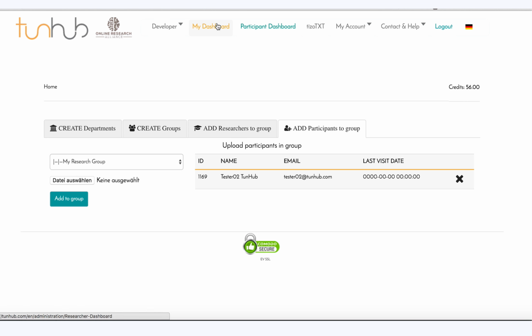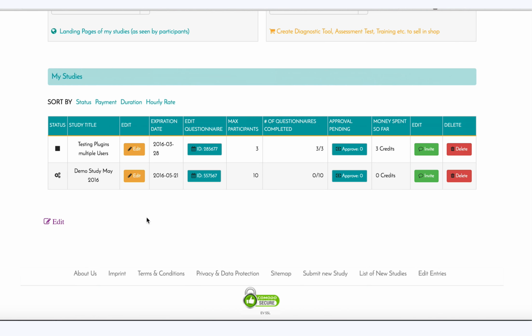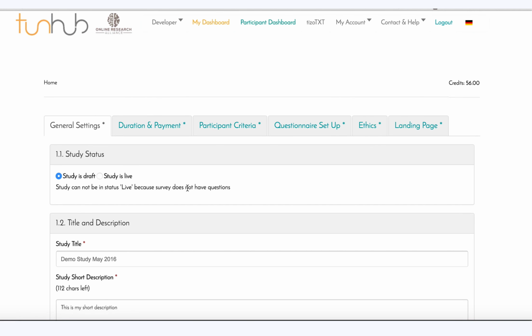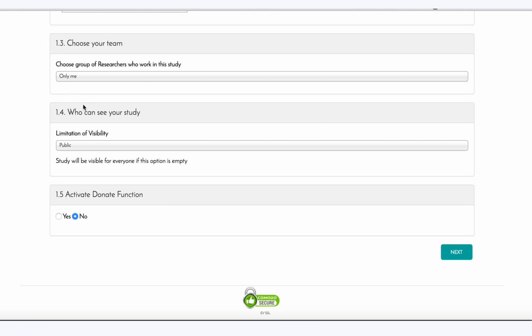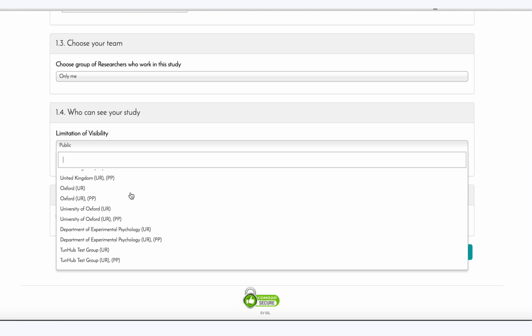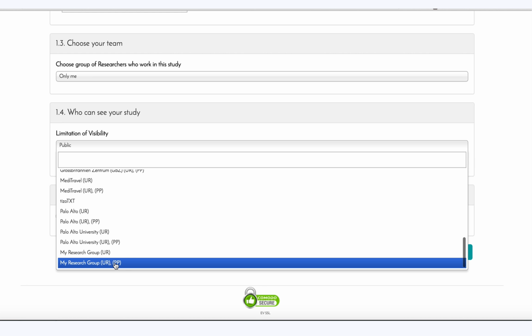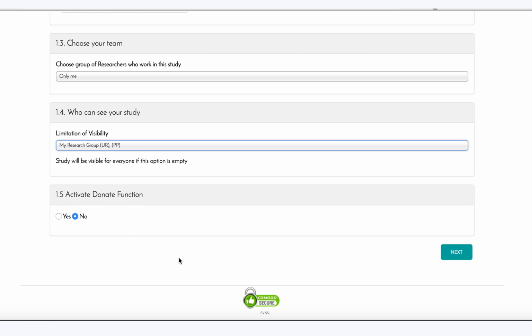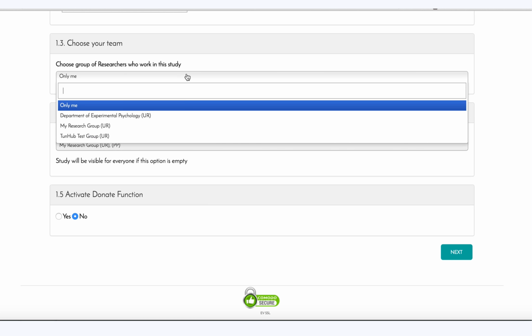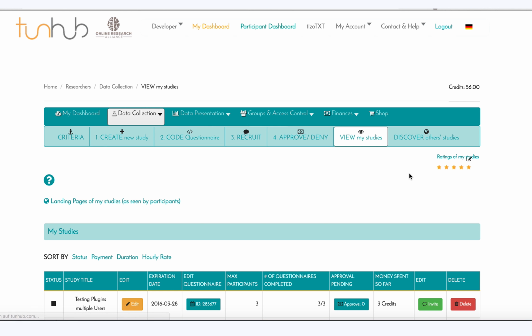And going back to my dashboard, just to show you how this would look like, back to our study, and then we say, now that we've created a second group, so now who can see your study? Now here we have my research group, University PP. There it is. So that's it. So we saw that you can use groups and access control to limit